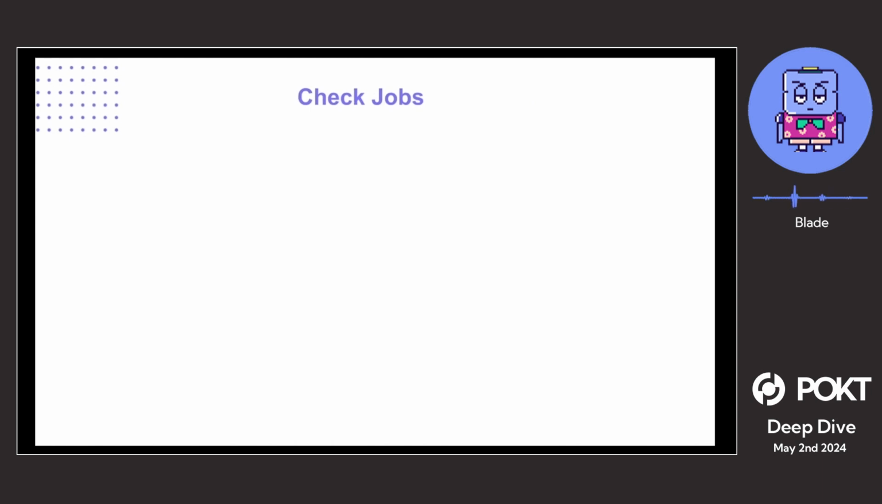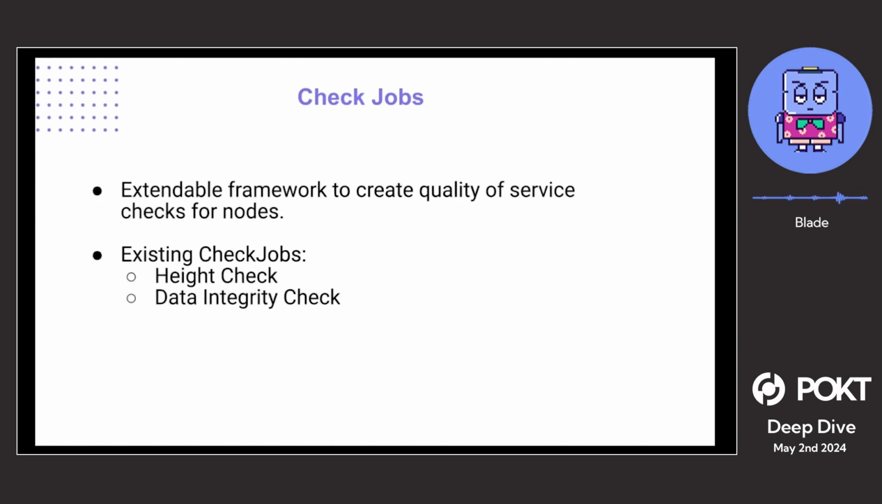And the way that we do quality of service checks is through this idea of a check job. It's an extendable framework to create quality of service checks for nodes. So, the idea was that we wanted to make it so that you can easily create your own custom checks, create your own custom ways to determine if a node is healthy or not. Because at the end of the day, determining if a node is healthy is going to be dependent on the gateway